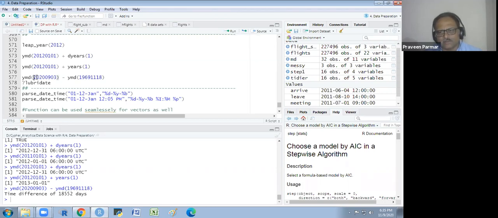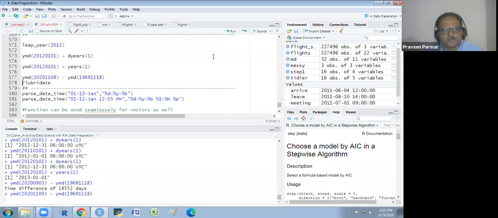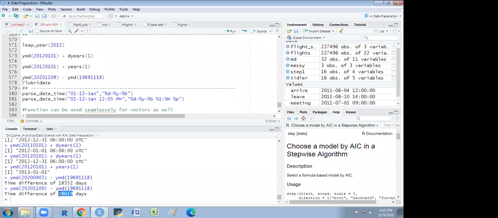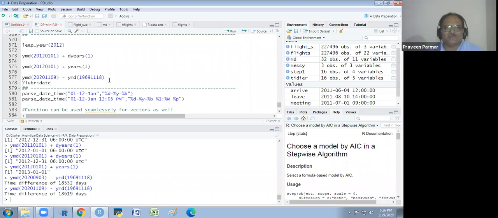You could take the current date, 9/11, and this is my birth date. So I want to see. I'm getting 18619 days now. Okay. So it is the duration you could see somewhere.